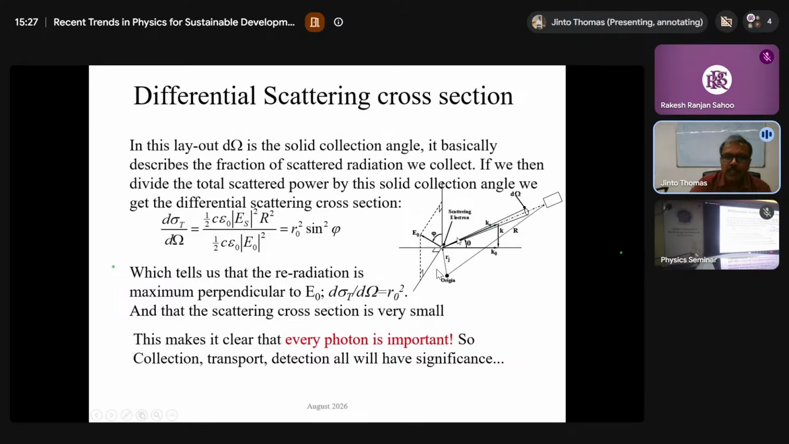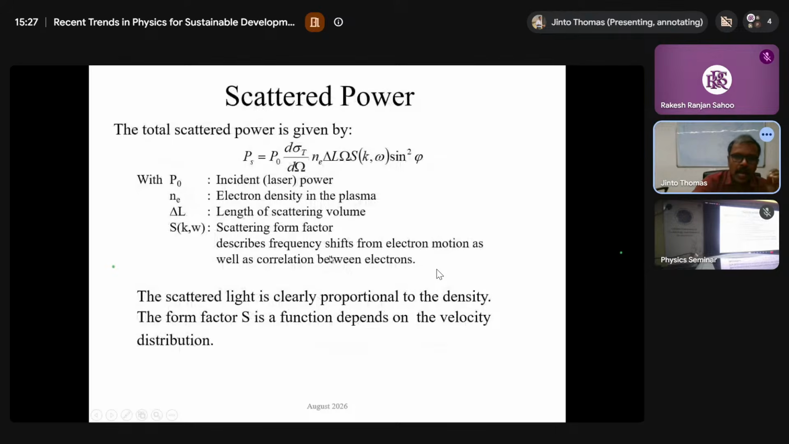But even with the highest power lasers, where in 1 joule of laser there are 10 raised to 18 photons, you still will not be getting many scattered photons. So every photon scattering from the plasma is important for the measurement. This is the total scattering cross section. If you have a plasma with a large number density of electrons, you will be getting more scattered photons. That itself is a